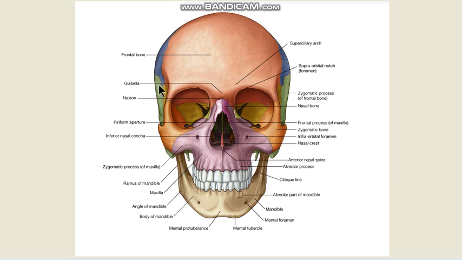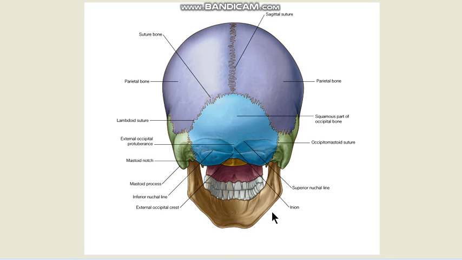If we look at the anterior view, again you can see the temporal fossa on the sides. The skull here, the bony part is pretty thin. It is actually reinforced by the temporal muscle and the temporalis fascia. Now if we look at this posterior view of the skull from behind, again you can see a little bit of the temporal fossa, and you can make out the prominence of the mastoid processes.